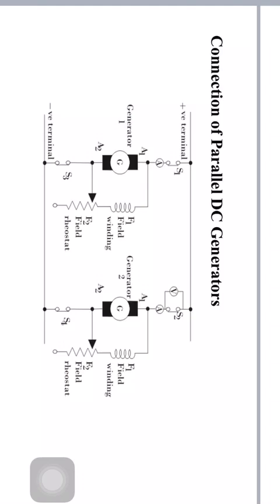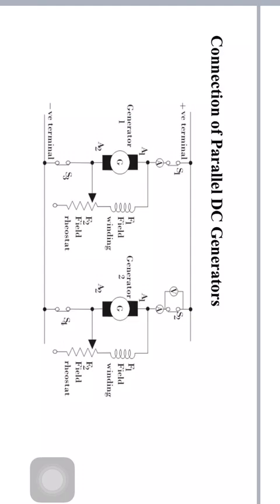Now if we want to shift the load from one generator to another, we have to adjust the field excitation. If we want to shut down generator 1, the whole load can be shifted onto generator 2. Here one point we have to remember is that generator 2 must have the capacity to supply that much load; we have to take care of that. In that case, reduce the current supplied by generator 1 to 0.